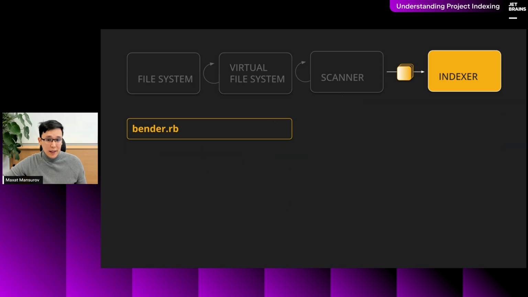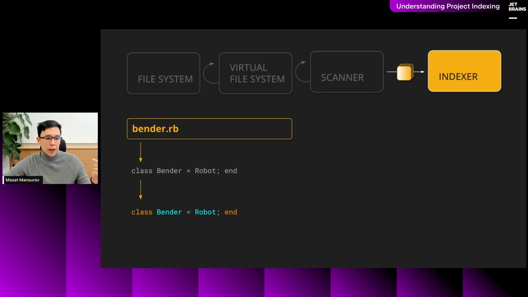Once this is done, all the files that are marked to be indexed or reindexed are sent to the indexers. In this example, we have a Blender file which needs to be indexed. What will happen is that we will load the content of this file, which is in this case pretty simple.